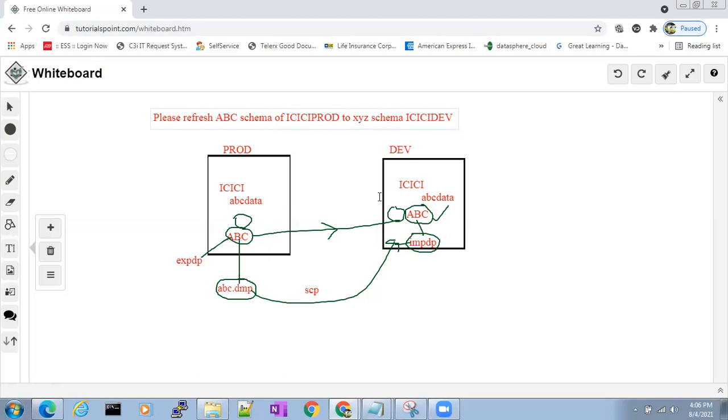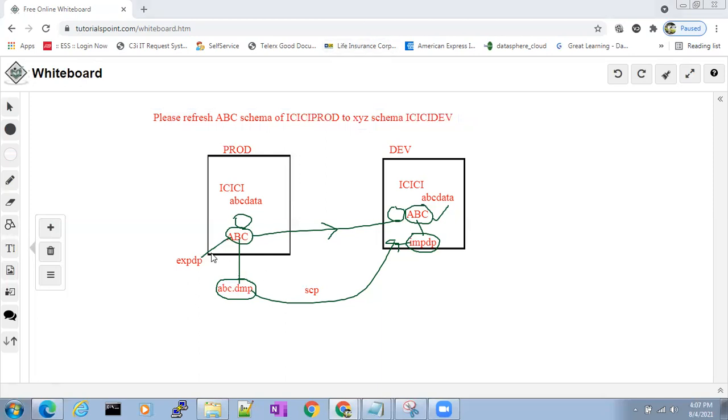Now, how will we do it? Can anyone explain the steps? Please take the data of the ABC schema and refresh the XYZ schema of the development database. How will you do it? Can you people tell me? Please come up with the answers, man. Come on.